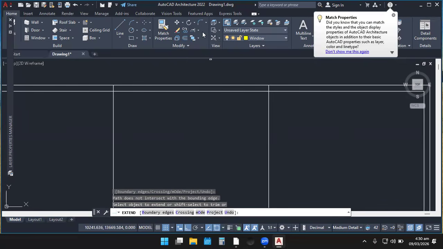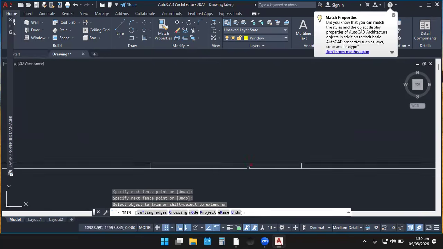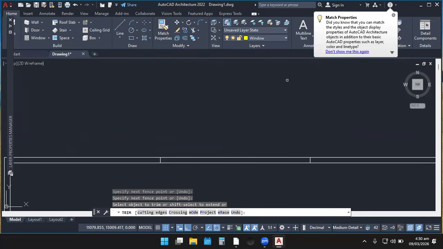Now we can trim the rows. So let's quickly trim the rows. I just click here and drag over here, and all will be trimmed off. So this is the distance we want to use for the window. Let's quickly measure this distance or interval. So let's release this and measure this quickly.